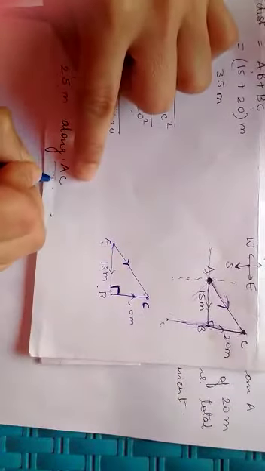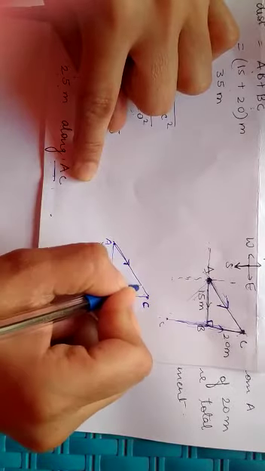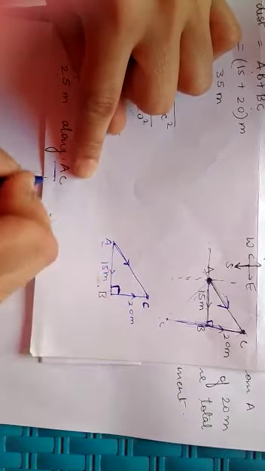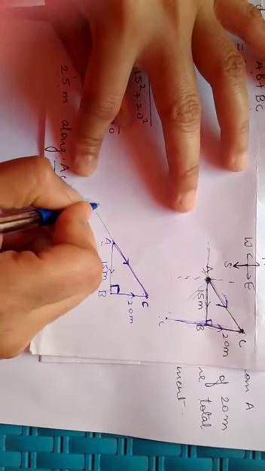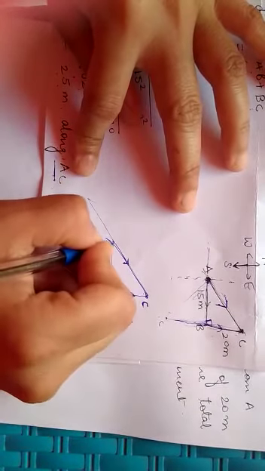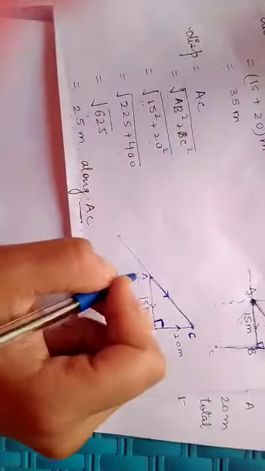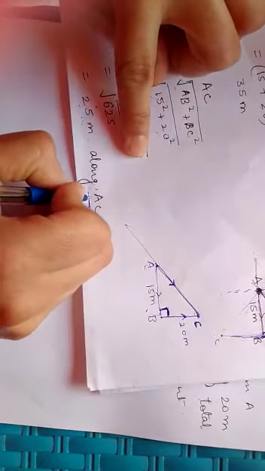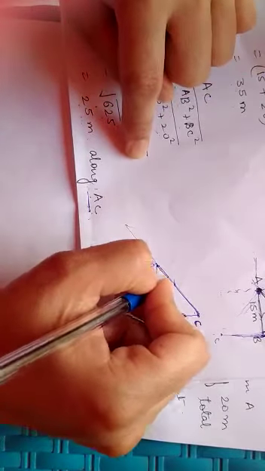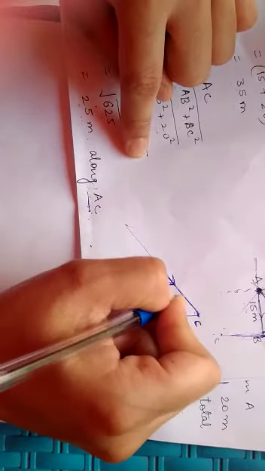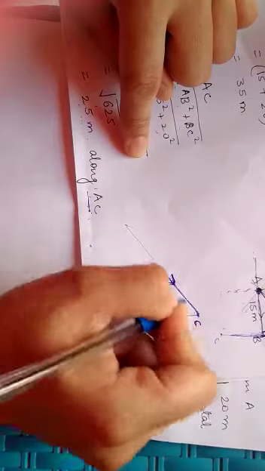See, note the word AC, along AC. So this is along AC. If I would have written along CA, then the direction would have changed towards from A to C. So remember, always write the starting point first and the final point second. So the direction is along AC. I have already marked the arrow A to C.